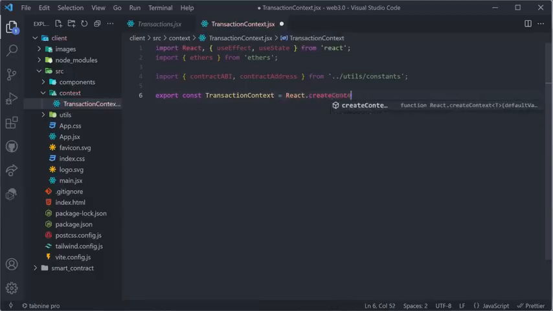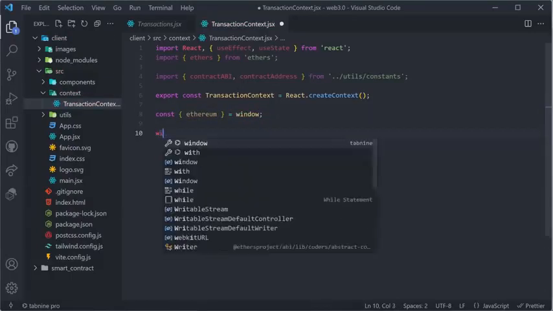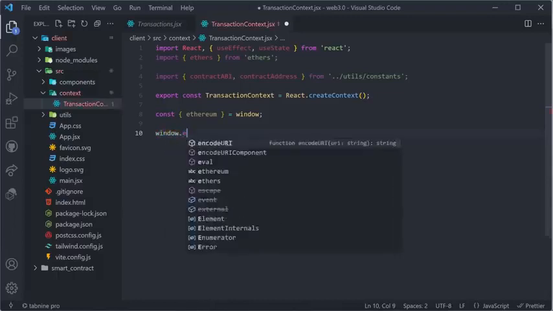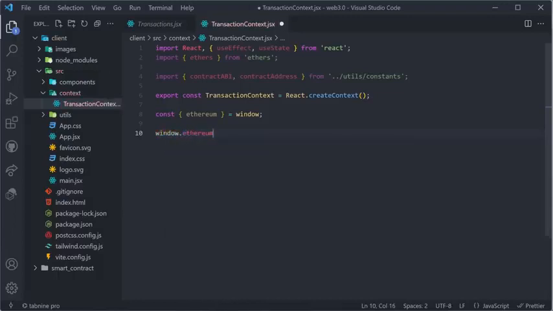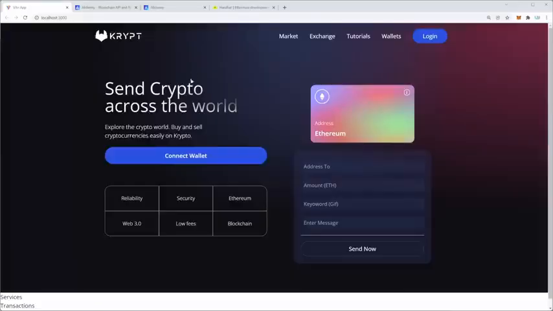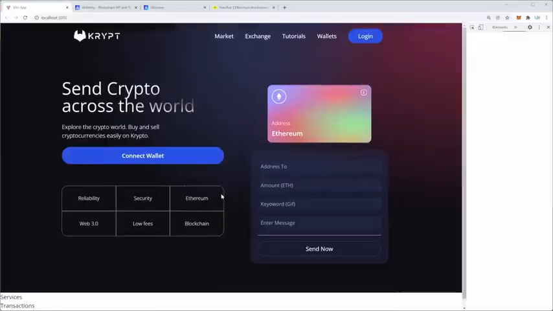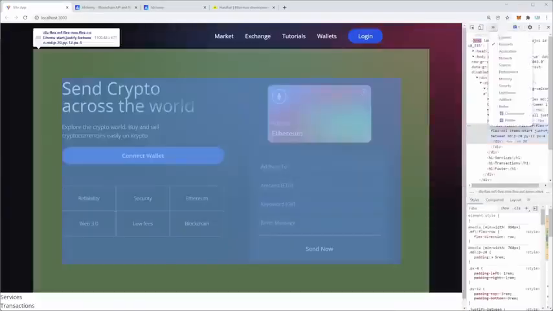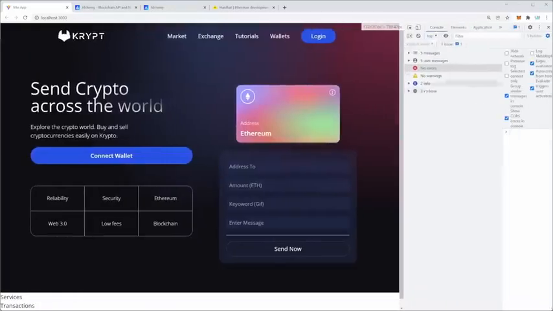React.createContext. Great. Also, since we're using MetaMask, we're getting access to the Ethereum object, which we can get by typing const in curly braces ethereum, and that's going to be equal to window. We are basically destructuring the ethereum object from window.ethereum. And that is one really interesting thing. If we go back to our browser, go to inspect, and then open up the console right here, and go